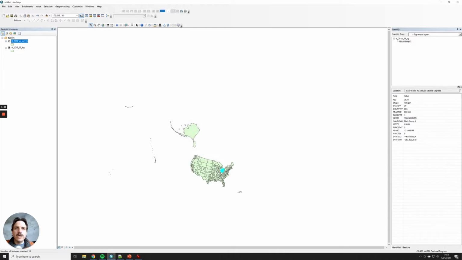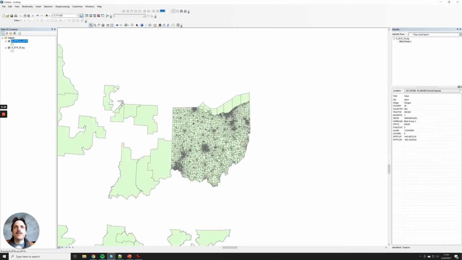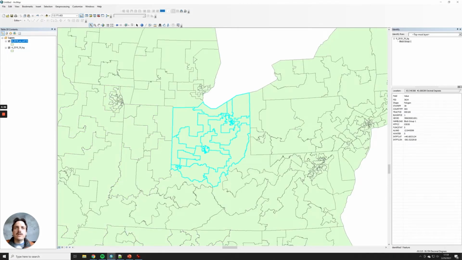And we'll see we got a lot of blue stuff going around Ohio. Now let's zoom in real quick and see what's going on here. Zoom in Ohio. And basically, it did what we wanted to do. It selected all of the congressional districts in the state of Ohio. Perfect. Okay? Now, when we're done with this, let's right-click on the shapefile,